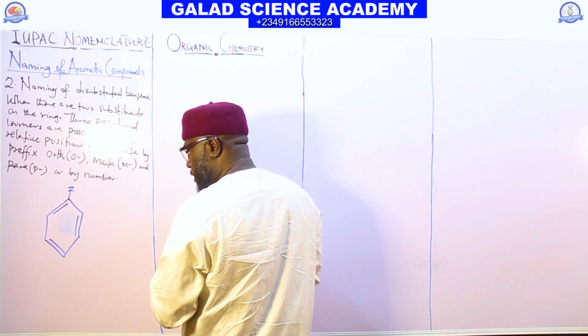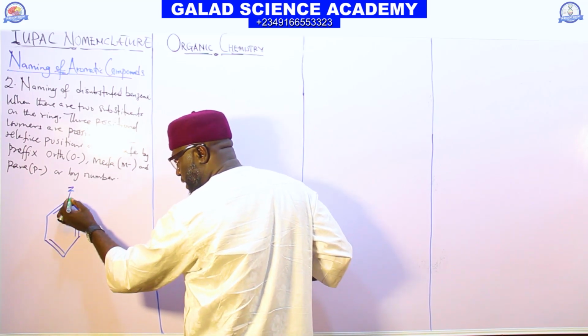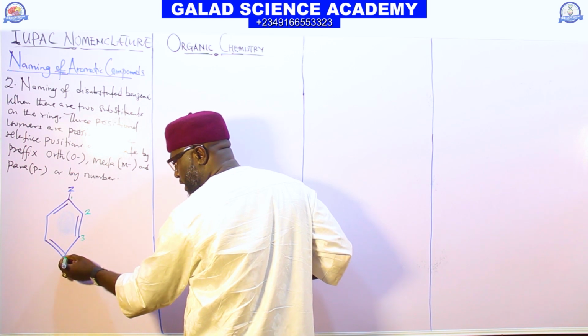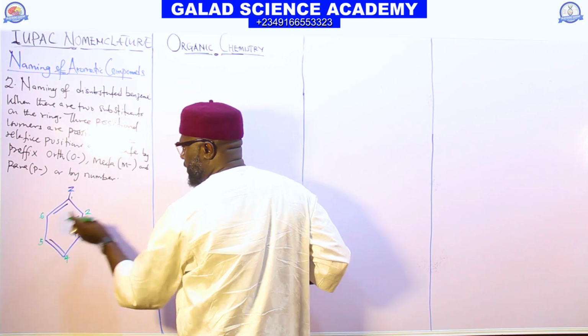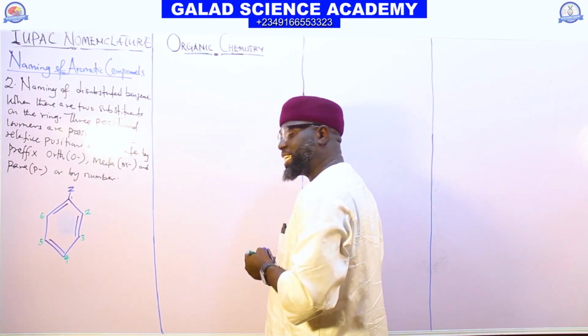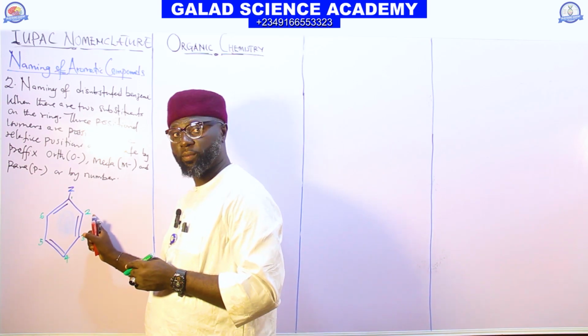Put what? 2 what? 2 here. This is the first carbon, abi. We have 3, 4, 5, 6. So if anything is attached to this first carbon,